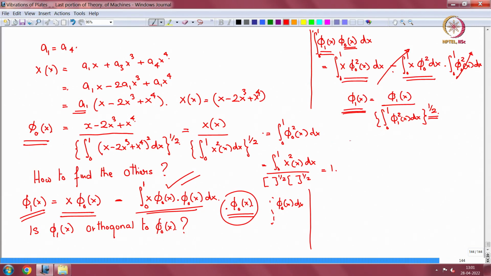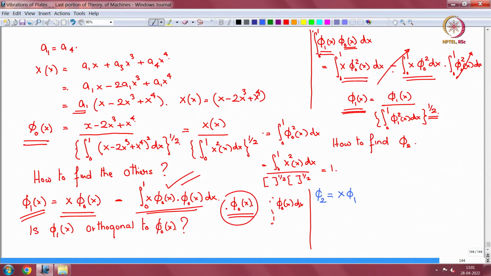So, then how do you find the next? How to find phi 2? We change the pen here. Phi 2 is now x times phi 1,